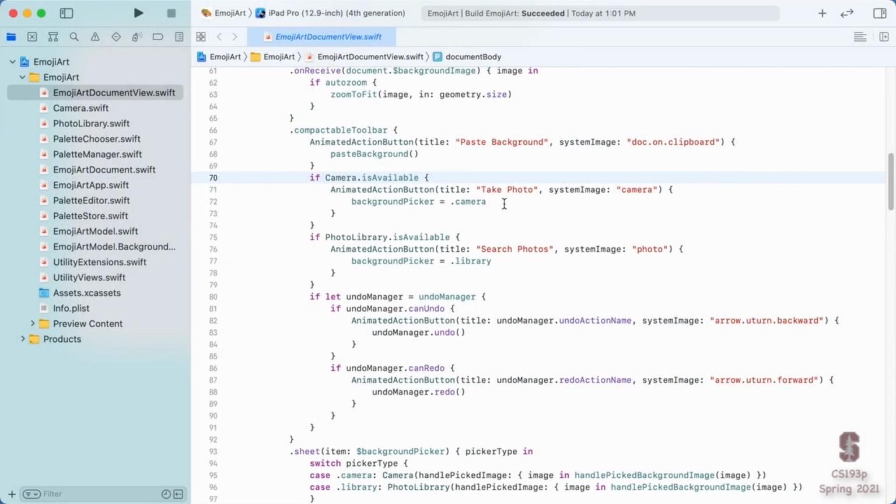Our last demo of the quarter is that we're going to build a multi-platform version of Emoji Art, one that runs on iOS, of course, iPhones and iPads, but also on Mac OS. And it's going to build it as a native Mac OS application. Now we're going to create a single project for this with a lot of shared code, and yes, with some if-thens in there for sure, because the two platforms, Mac OS and iOS, are just simply not the same. They don't have exactly the same kind of interaction from users, etc. So we are going to have them be different.